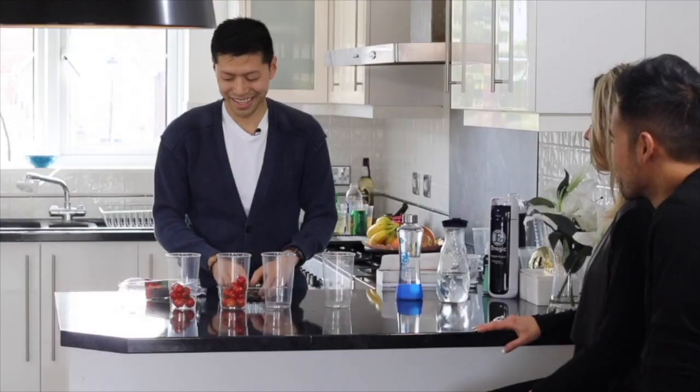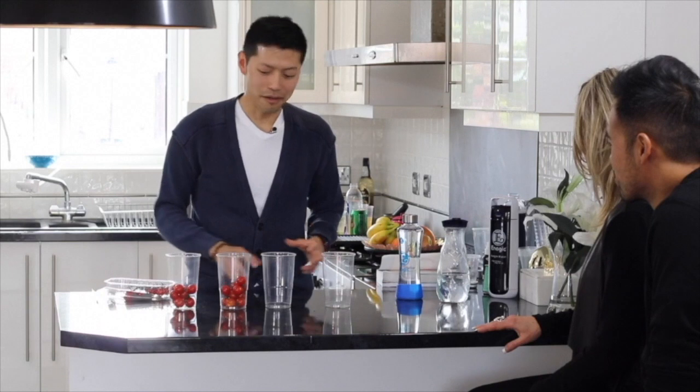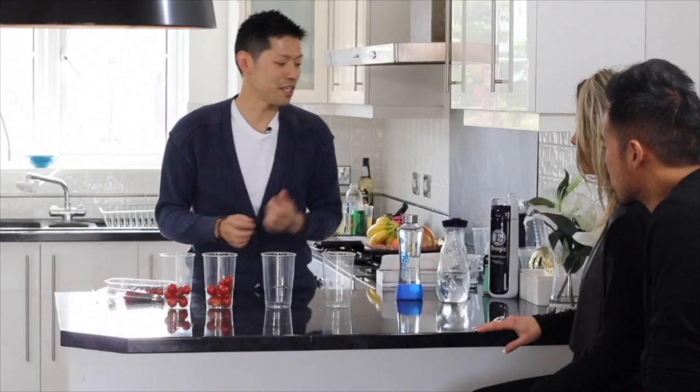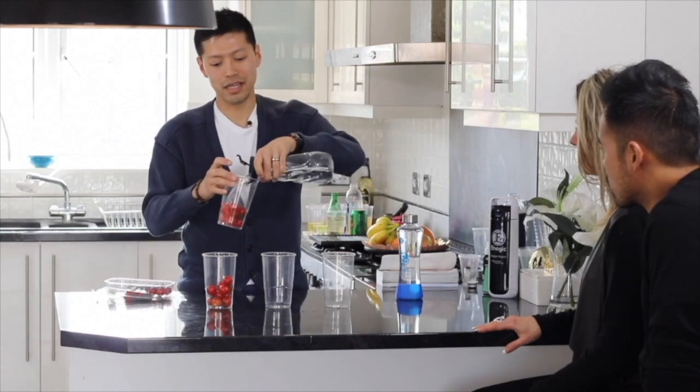Okay, are you guys hungry? Yeah? I'd like to taste some of these lovely cherry tomatoes. Now the reason why I have a little cherry tomato is just so it can fit in these little cups for this demonstration. So how we usually wash our fruits and veg: